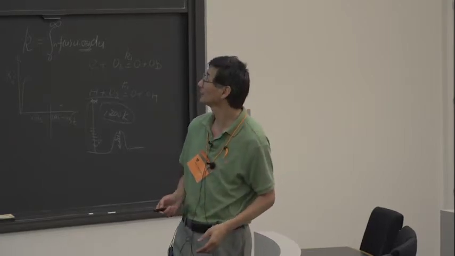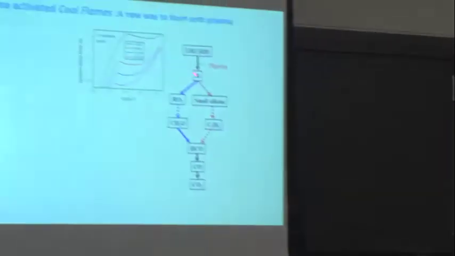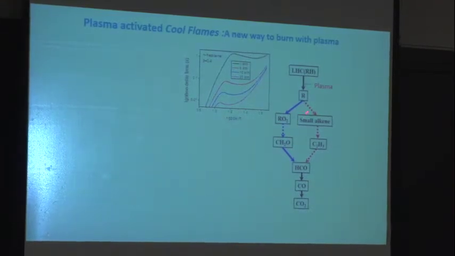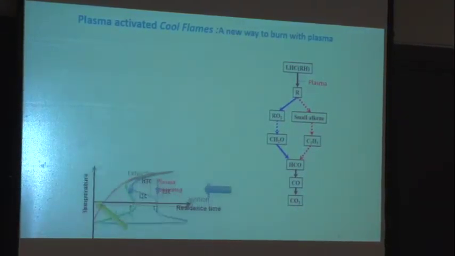So the only thing is that for large hydrocarbons, you have plasma generate radicals, and then you go to small alkanes, you go to the RO2, depending on the temperature. High temperature goes this way, low temperature goes that way. So if you have a plasma, and then